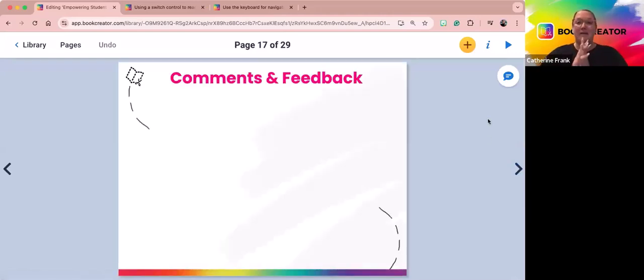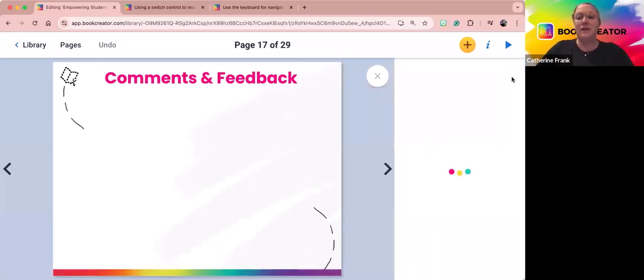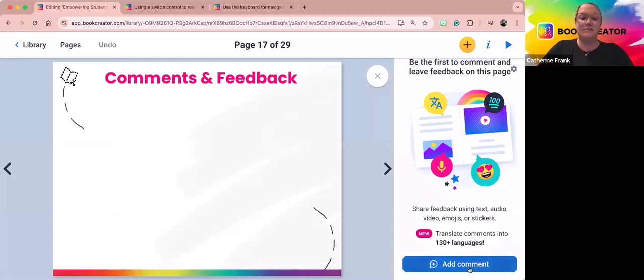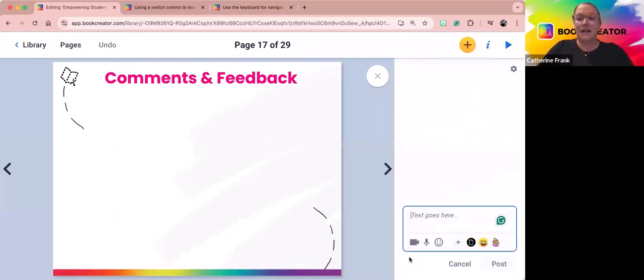All right, comments and feedback. What's amazing about our comments and feedback feature is that it's giving students options of ways that you can provide feedback to them, and options and ways that they can respond to feedback. And then you can also translate feedback too, or they can translate it as well. So our feedback option is that button on the right-hand side, right below the play button. If you click on here, I can add comments. The first option that I can add is going to be a video camera. So if I click on the video,